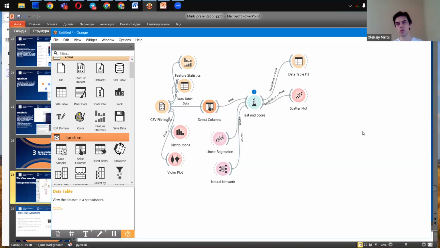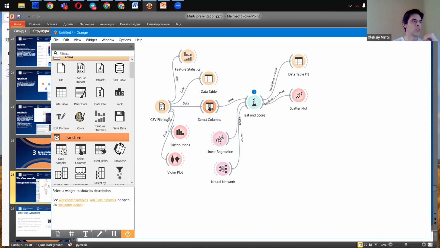And this model was created completely online in a few minutes. I know this data, I know how to create this model, but even if I use new data, the model creation will take maybe several hours for me. And it's much less than with coded tools.